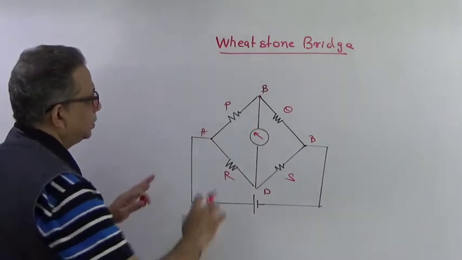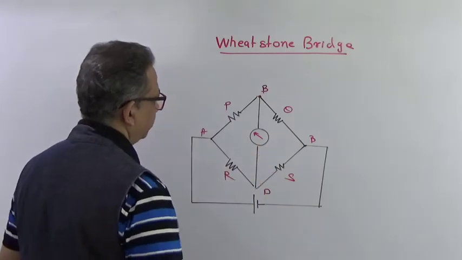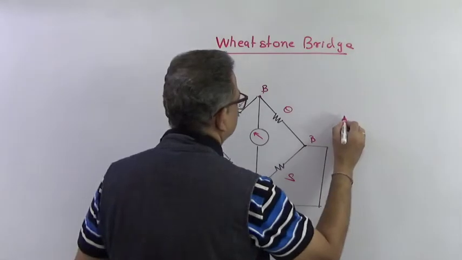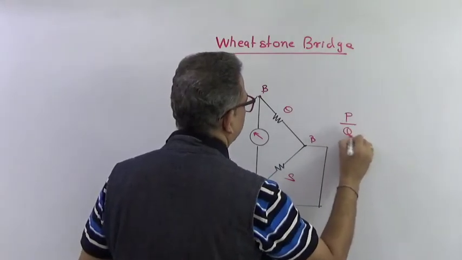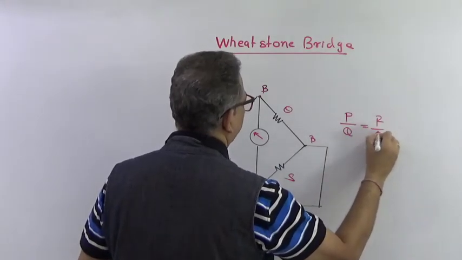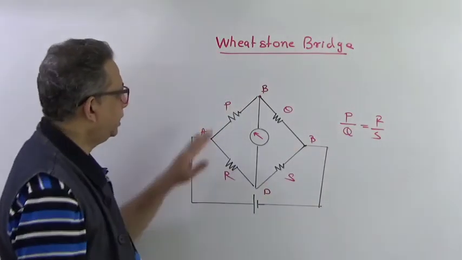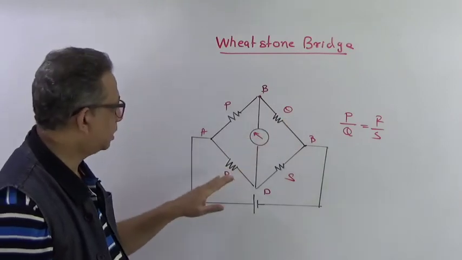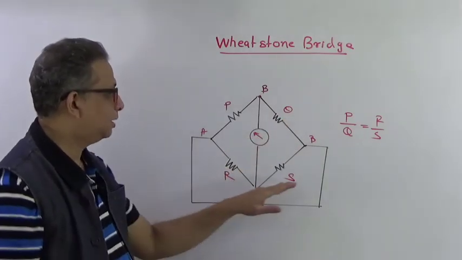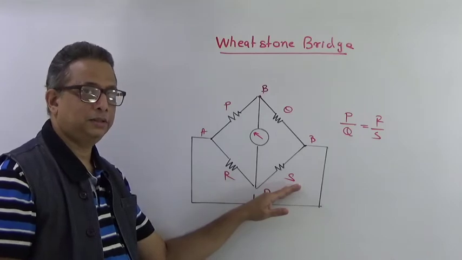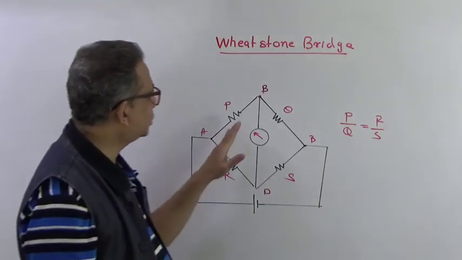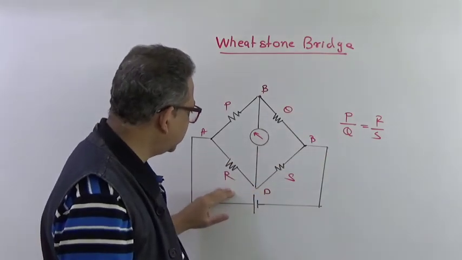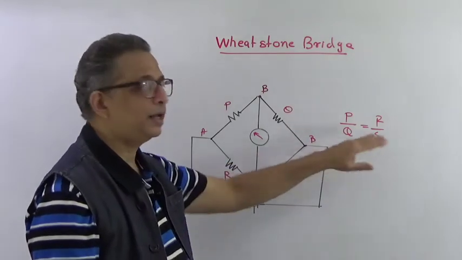Now if a resistive network is given in this format, and if you have a ratio of this resistance, that is P upon Q is equal to R upon S. What is P? P is the value of this resistance, Q is the value of this resistance, R is the value of this resistance, and S is the value of this resistance. So if I take the ratio of these two resistances, P upon Q, and the ratio of these two, R upon S, and if they are equal,